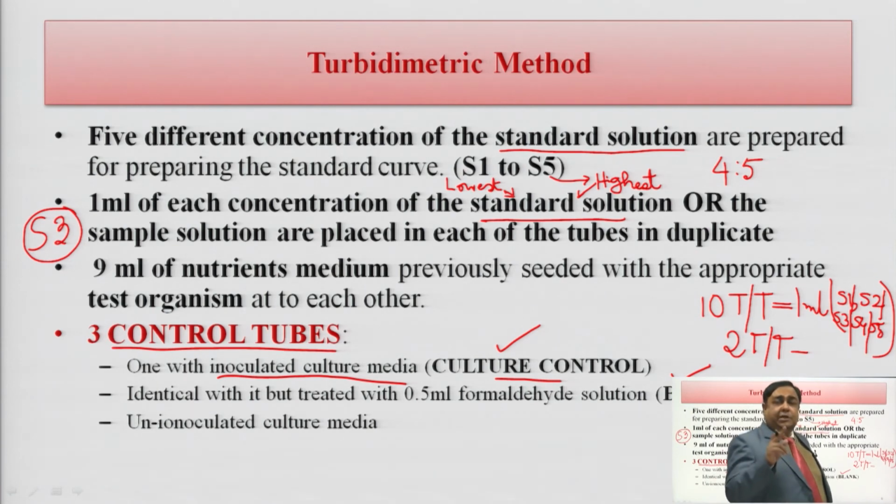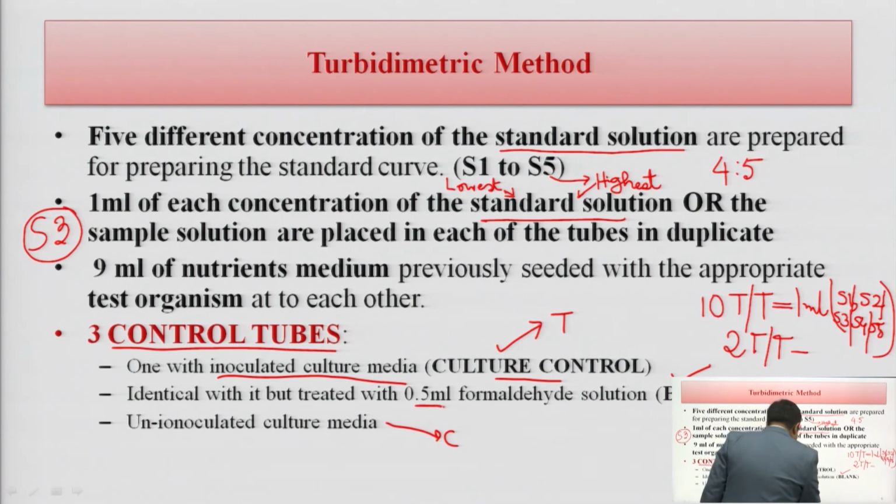If accidentally there is no turbidity in this culture control tube, it means the nutrition was not properly given in the nutrient media which you have prepared, it was not complete. Therefore, ideally this should be turbid, this should be clear,